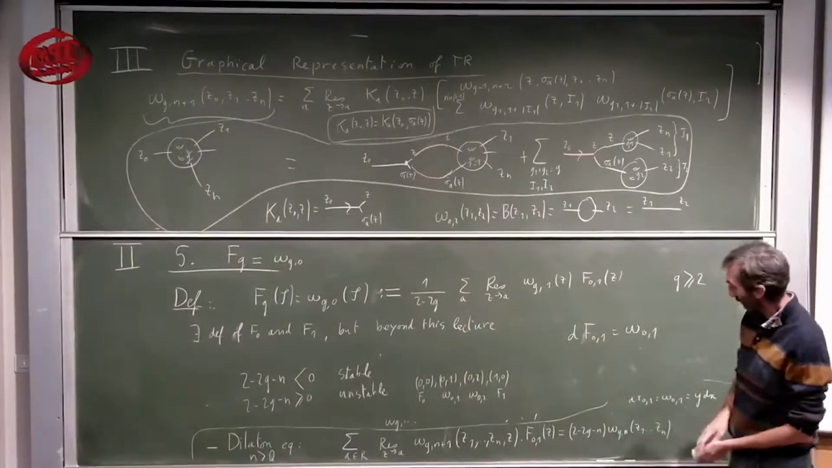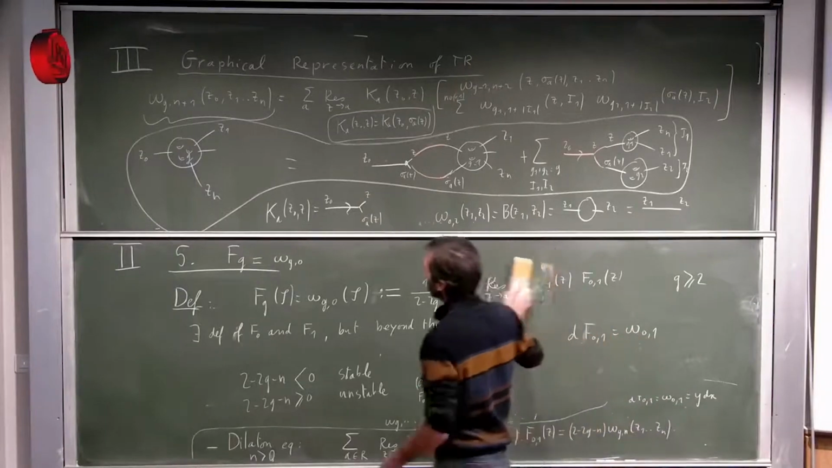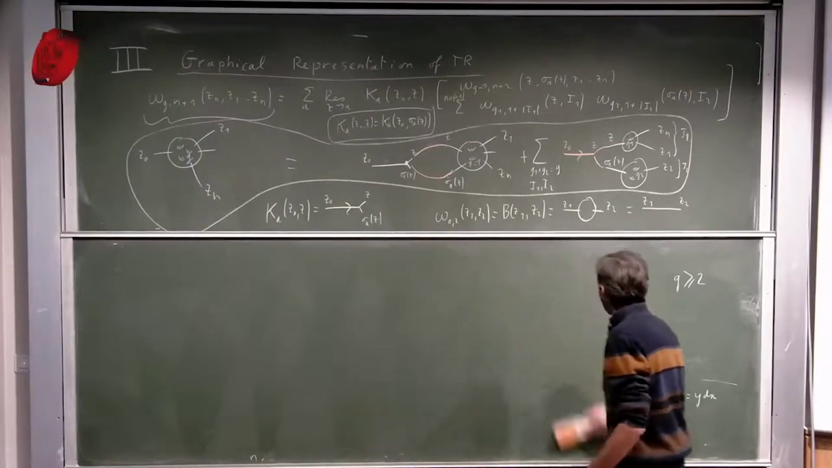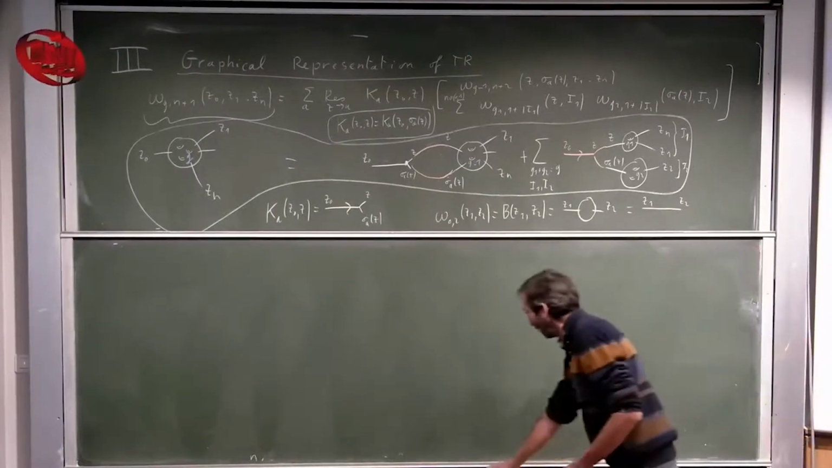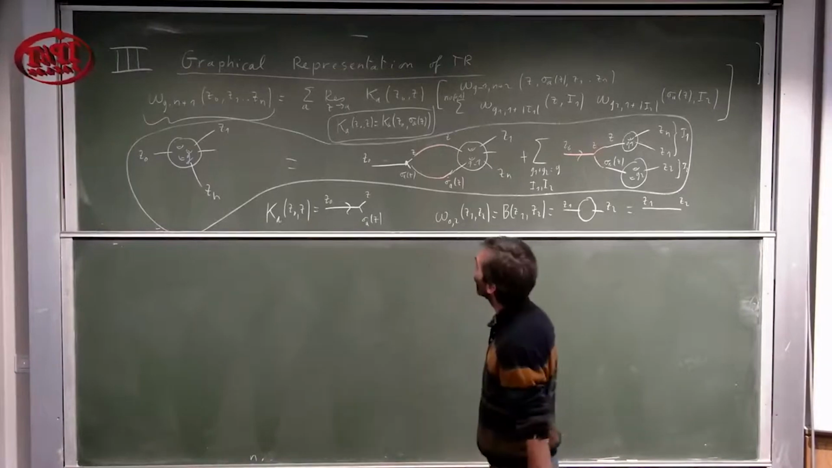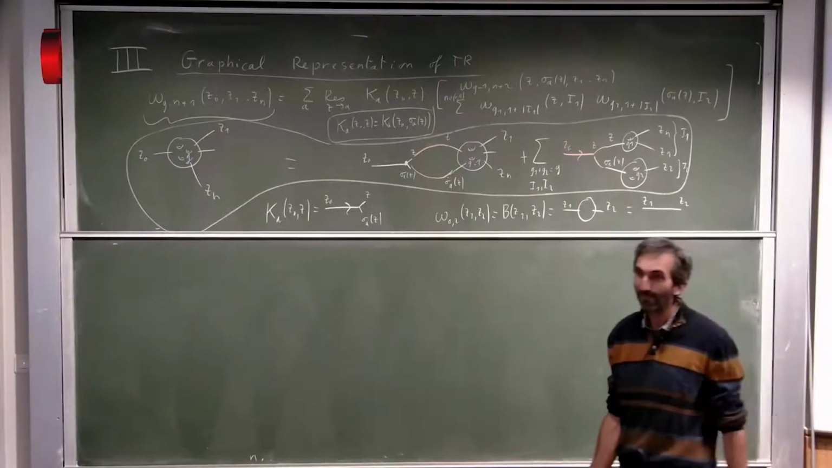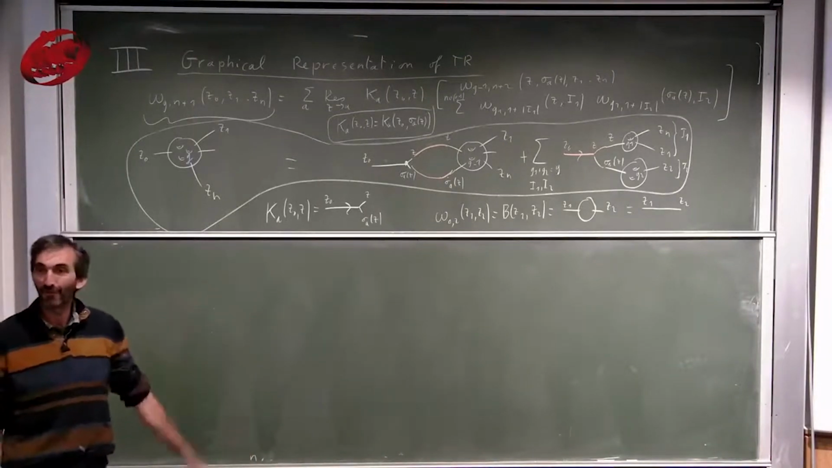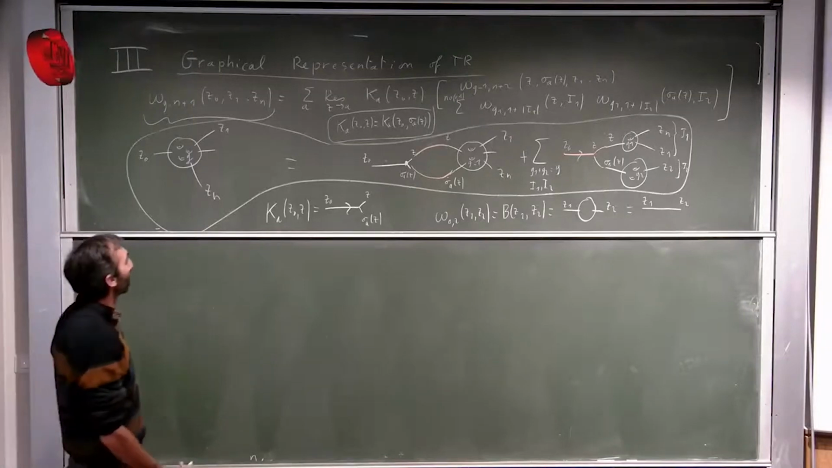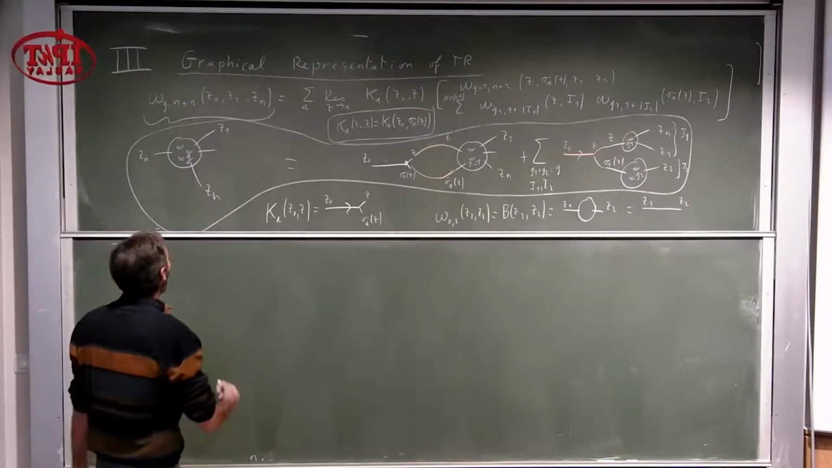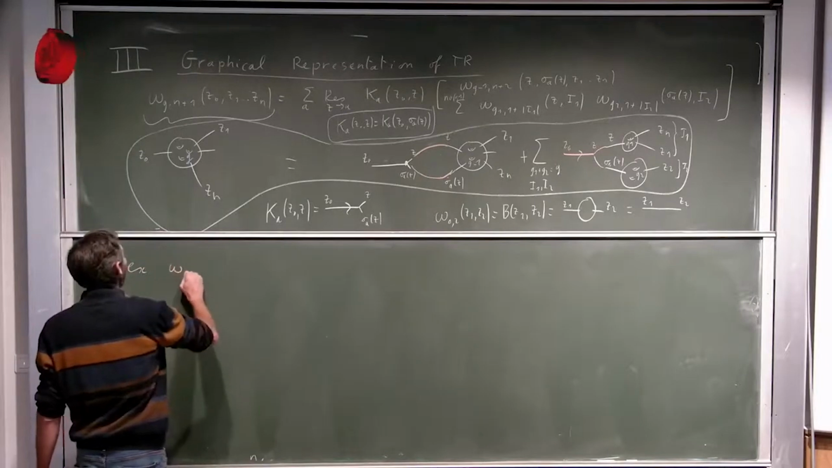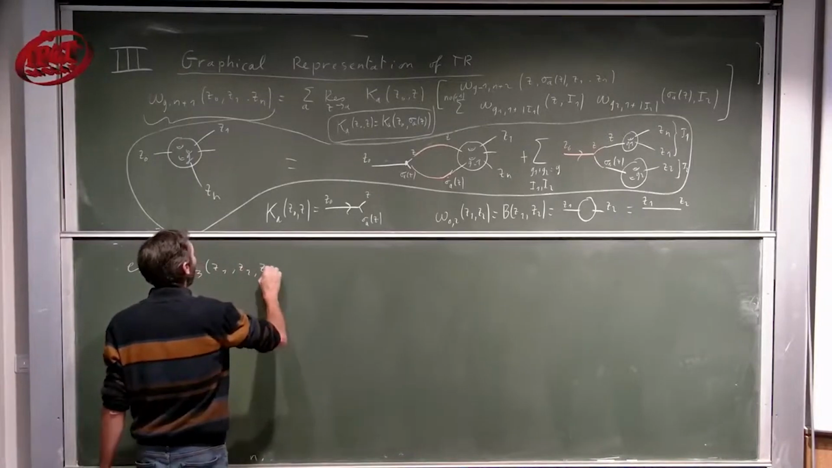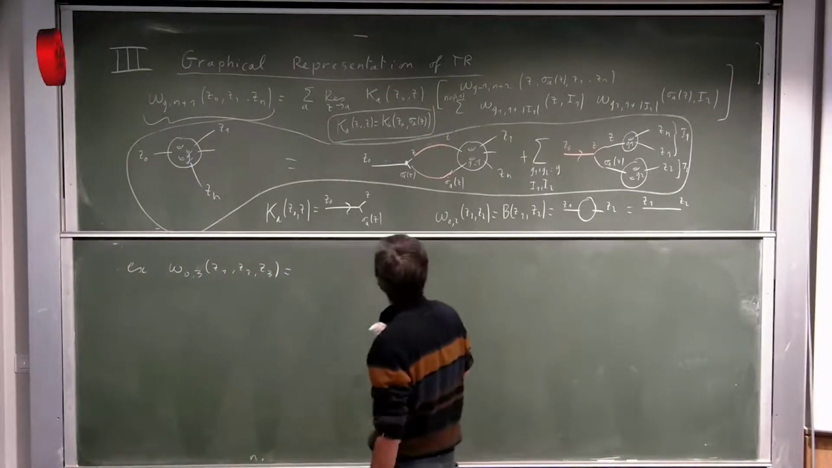Let's do a computation using this graphical representation. And you will see that, in fact, this is not just a graphical representation, it's actually quite powerful. In fact, many of the proofs of the propositions I made before can be proved just graphically. So for example, omega 0,3 of Z1, Z2, Z3, according to this picture, is